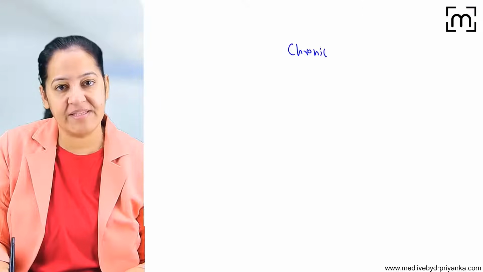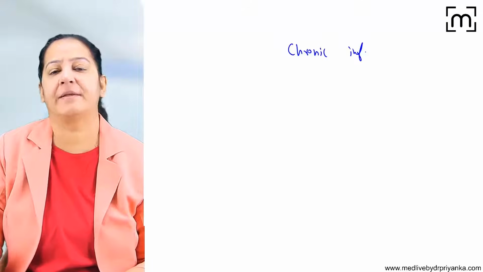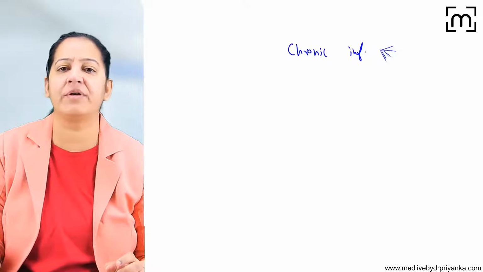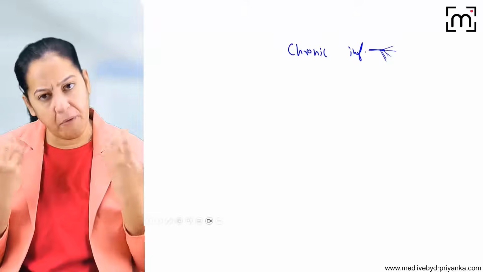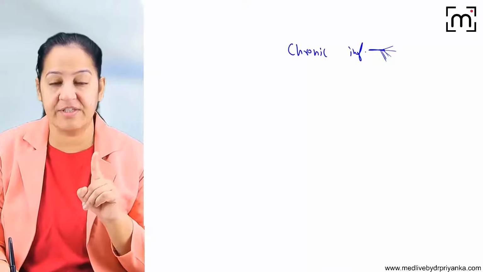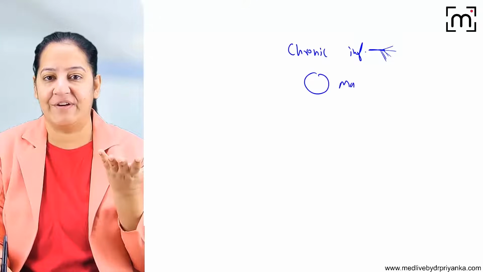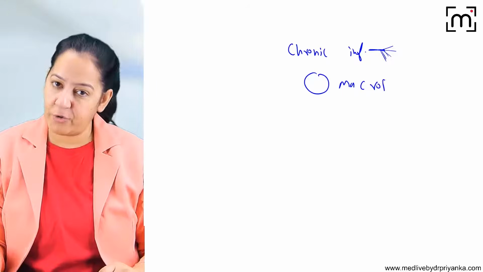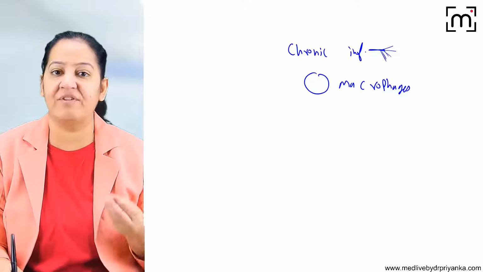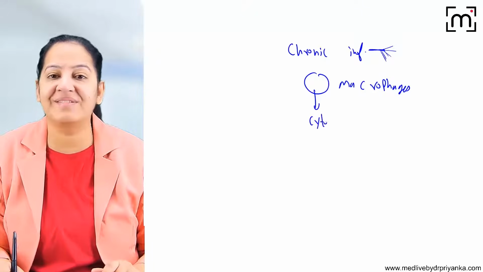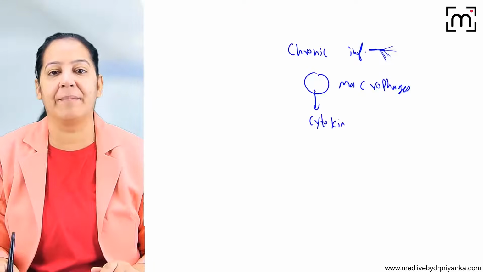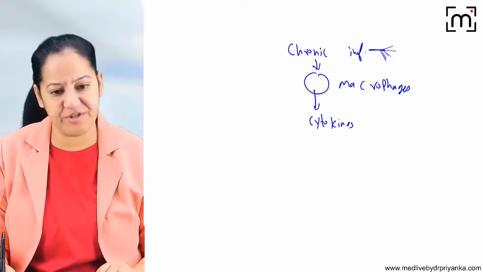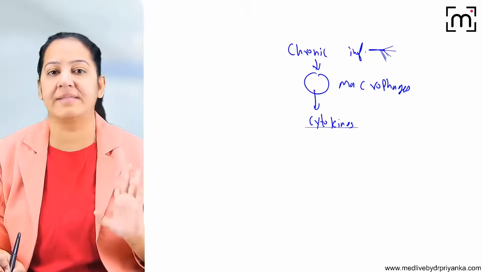So imagine someone is having some chronic inflammation. Like the person is having TB, the person is having rheumatoid arthritis, or any disorder that is chronic inflammatory. In whatever chronic inflammation, there is one thing which is common. The macrophages get activated. Have you watched my video on chronic inflammation? If not, please watch that. The macrophages get activated, and on activation, the macrophage secretes cytokines in the blood. Cytokines will come in the blood. So all the persons having chronic inflammation, any chronic inflammation in the world, they are having cytokines in their blood.